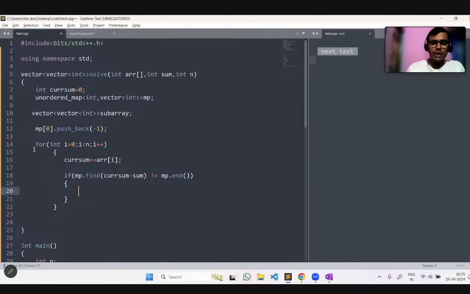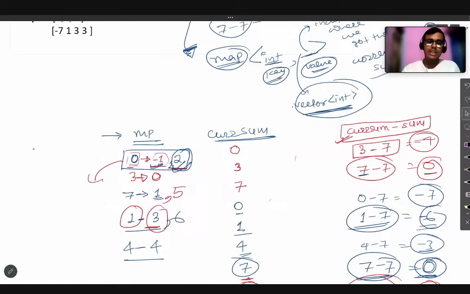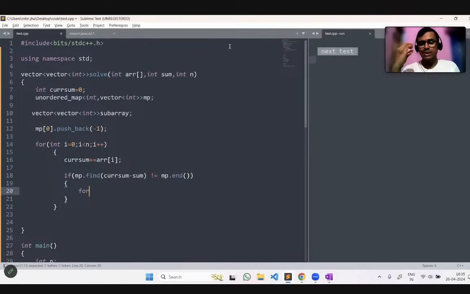And now we are going to do what? If we find any value in the map, then we have to find the possible subarrays at those indices. We have to go through all the possible indices of the value in the map, like we have found here 0, and find the subarrays, because when we add +1 to this index, we will get the starting index of the particular subarray which gives us the sum equal to the target sum which we are aspiring for. For that we are moving an iterator.